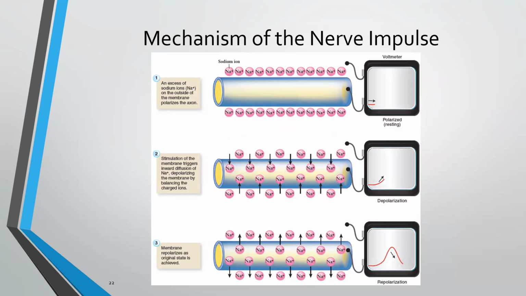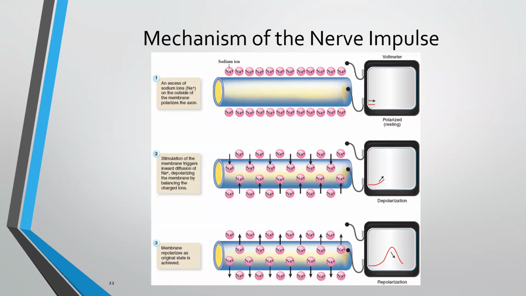All right, so when we look at this picture here, it shows the mechanism of a nerve impulse, with a voltmeter on the right. It shows the charge difference across the membrane and how it fluctuates with the balance of positive ion changes. And we're going to watch a video on this, how this works as well, that might explain it a little